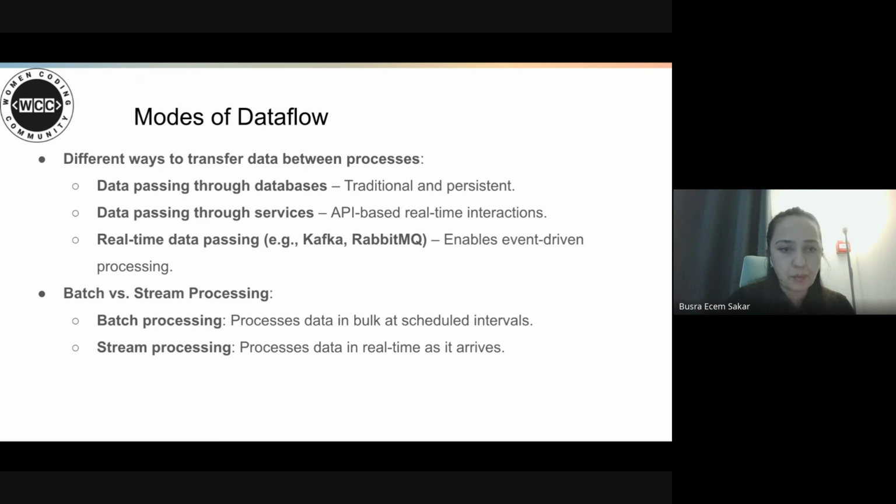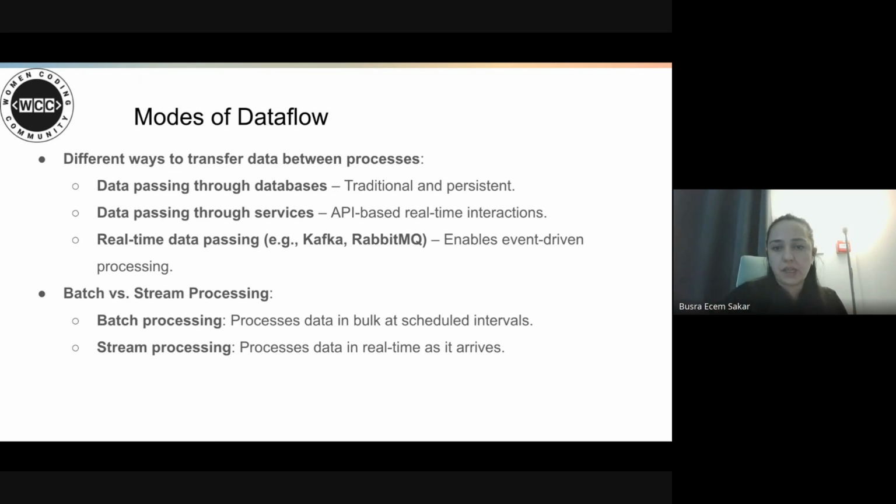It's a traditional approach. How it works: data is stored in relational or NoSQL databases and accessed as needed. For example, a customer database where a machine learning model retrieves user data before making recommendations.